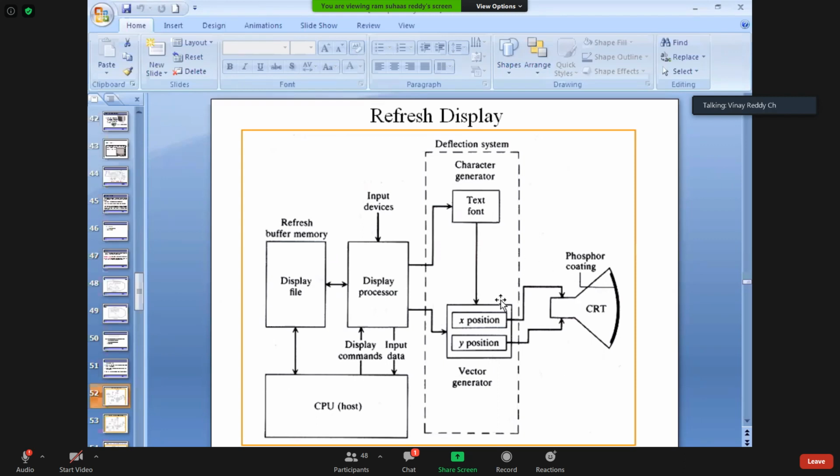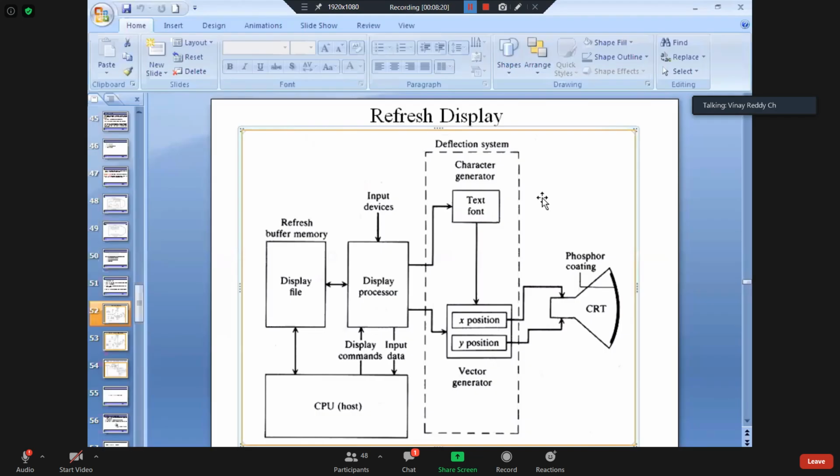It has some memory, so all the time it won't give you a good result. If you check the flow chart for the refresh display, normally we do some refresh by right clicking the mouse. You can get the refresh. So every time you refresh, you will get a good result, I mean, there is no disturbance in the picture.